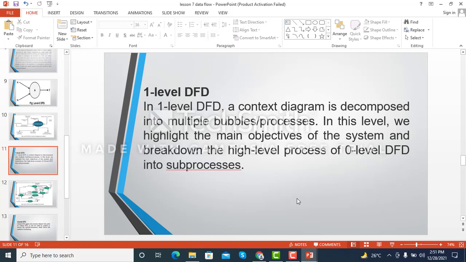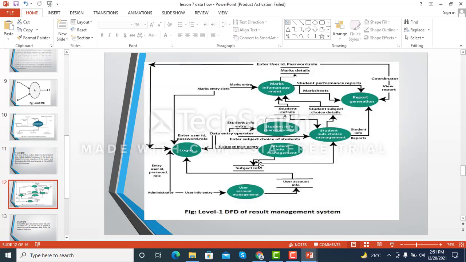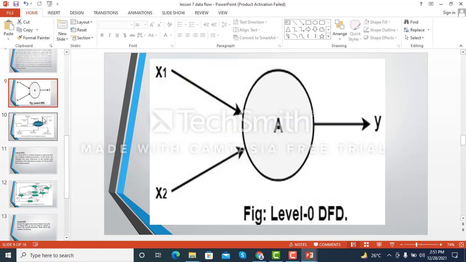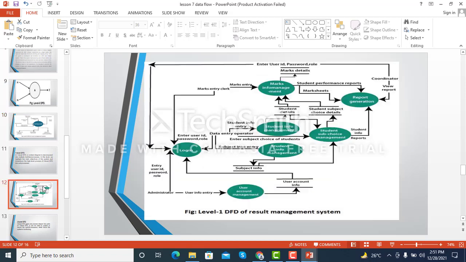So it will have multiple processes. It may have multiple entities and so on, and of course sub processes and the unpacking of data and so on and so forth. This gives you a good idea of how it is. So you can see that it's a bit more complex. Why? Because you are now decomposing the context diagram. Here now you are trying to define some of the details of